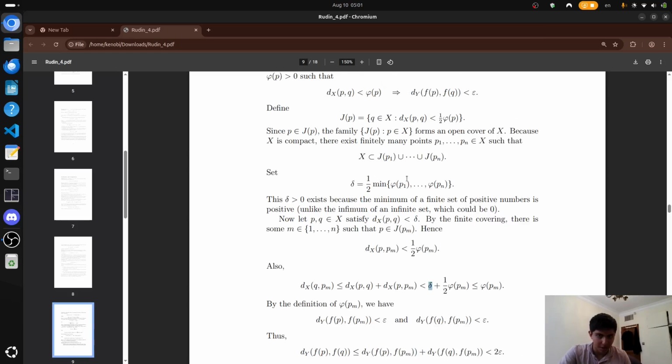Let me just think about it. Delta is equal to this. Oh, okay, no, sorry. We're mistaking this p, q with this p, q over here. Now let p, q in X satisfy d_X(p, q) less than delta. So we chose new points p and q. And since delta is equal to 1/2 the minimum of this,